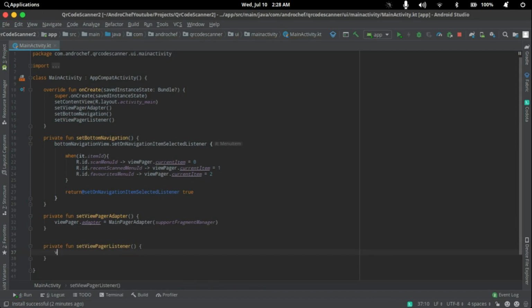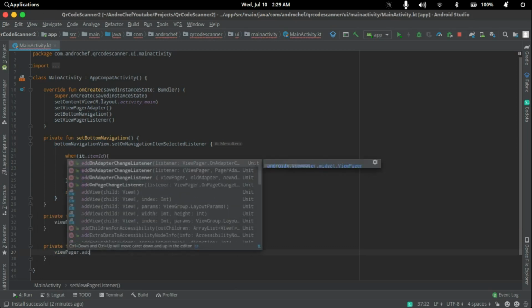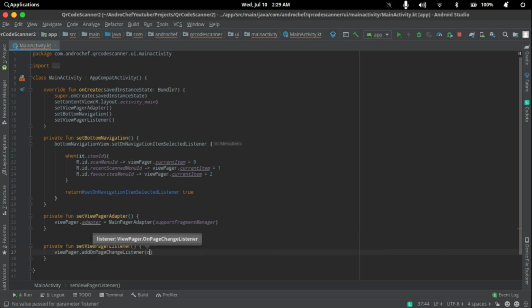we will use the Viewpager, and Viewpager has a listener called add on page change listener. So this add on page change listener will return the current page index on what we are having. So if we are on 0, then it means that we are on scan page. So we will use this and we will make our